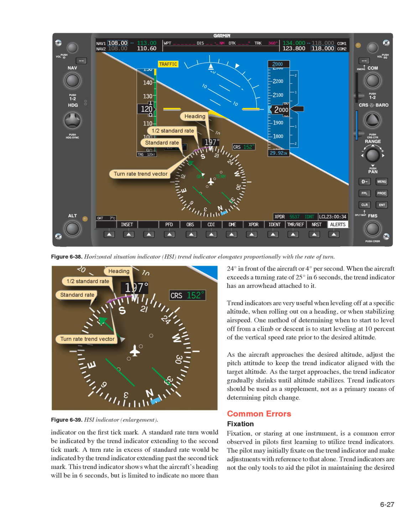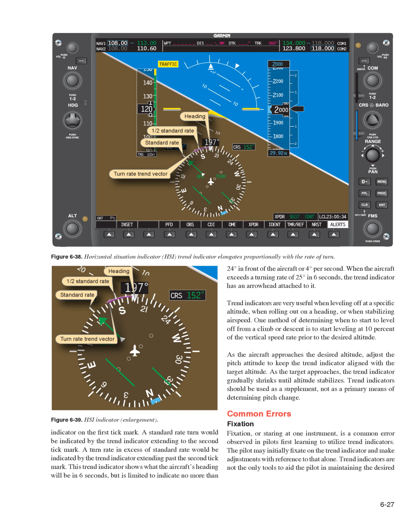24 degrees in front of the aircraft, or 4 degrees per second. When the aircraft exceeds a turning rate of 25 degrees in 6 seconds, the trend indicator has an arrowhead attached to it. Trend indicators are very useful when leveling off at a specific altitude,